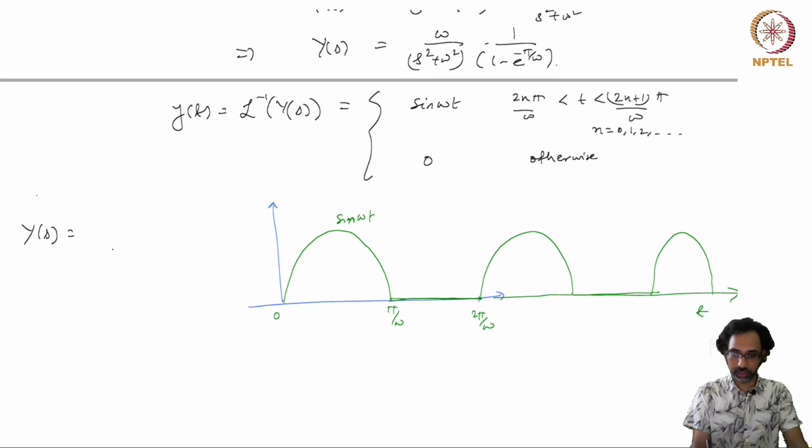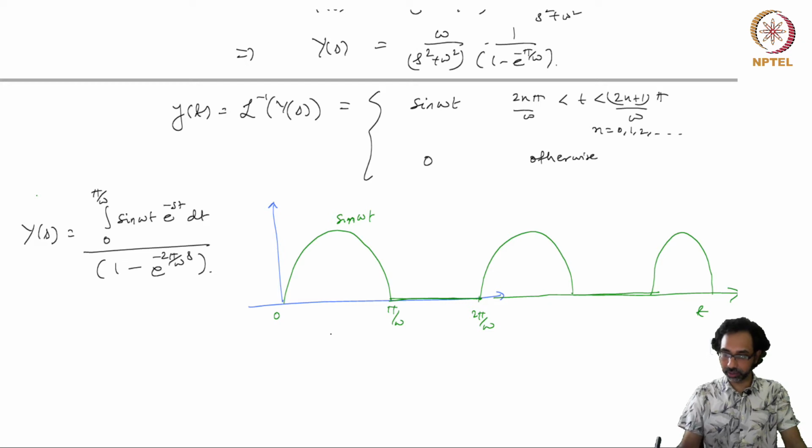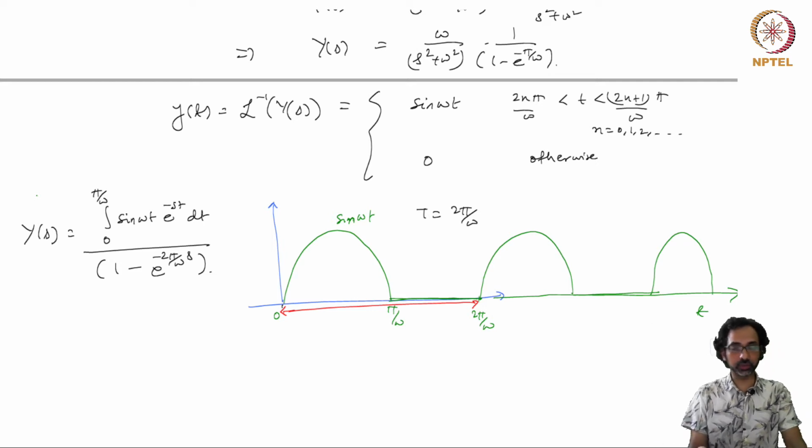it's the same function. This is equal to the integral from 0 to pi by omega of sine omega t e to the power minus st dt divided by 1 minus e to the power minus 2 pi by omega s, because the period for this function is 2 pi by omega. So this is this whole interval where it is sine omega t in the first half and 0 in the second half. So this is just applying the formula for the Laplace transform of a periodic function, and we will find that